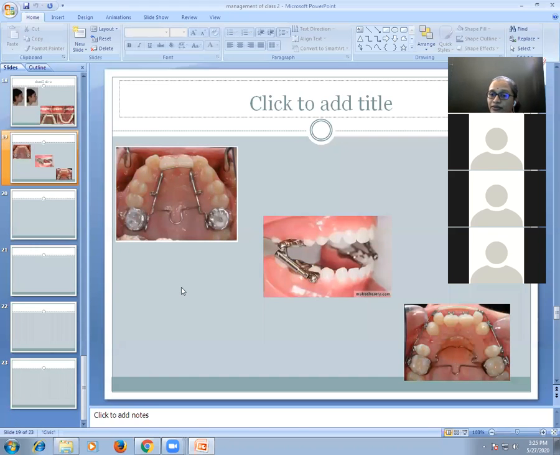Correction of class 2 div 2: first thing will be to correct the retroclination of upper incisors. You can do it with removable appliance with thumb spring or in fixed appliances by applying brackets and wire. Then after correcting this retroclination of upper incisors, sometimes what happens,